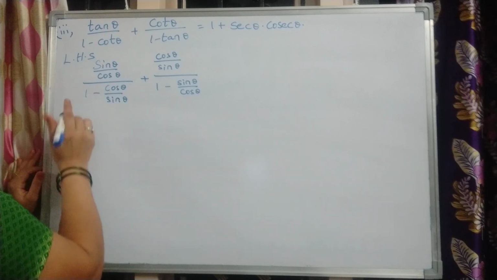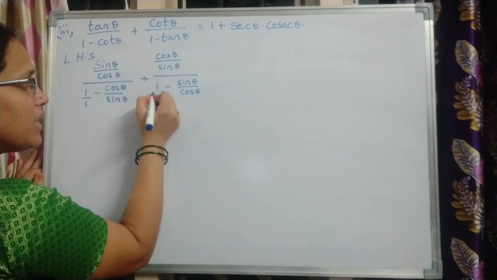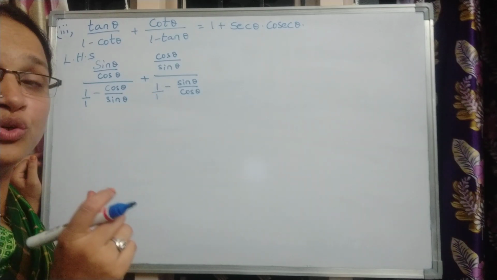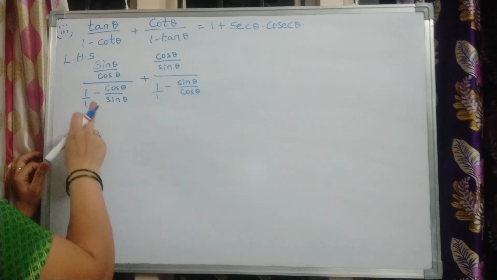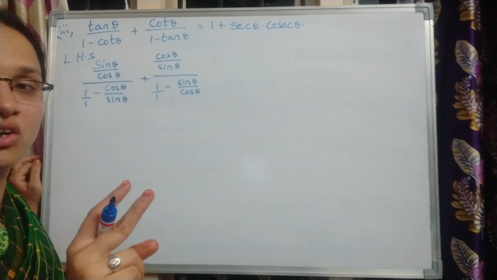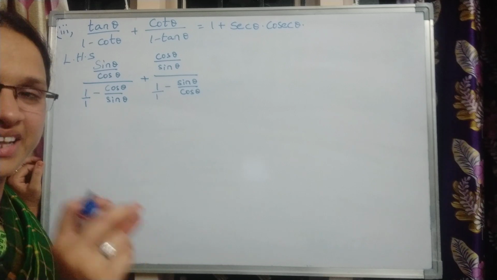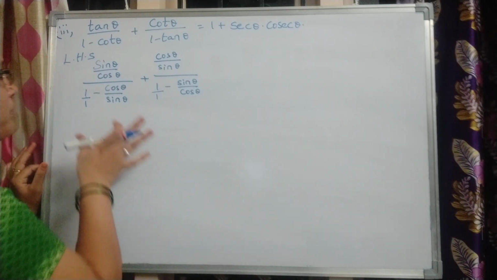Okay. Now see, individually when you observe, one by one, in the denominator we are having a fraction where you need to take the LCM. Without taking LCM, please don't move forward. Why? Because when they are under two arithmetic operations like addition and subtraction, you need to take LCM, make them as 1, and then you can proceed further. Okay, so let us see here.